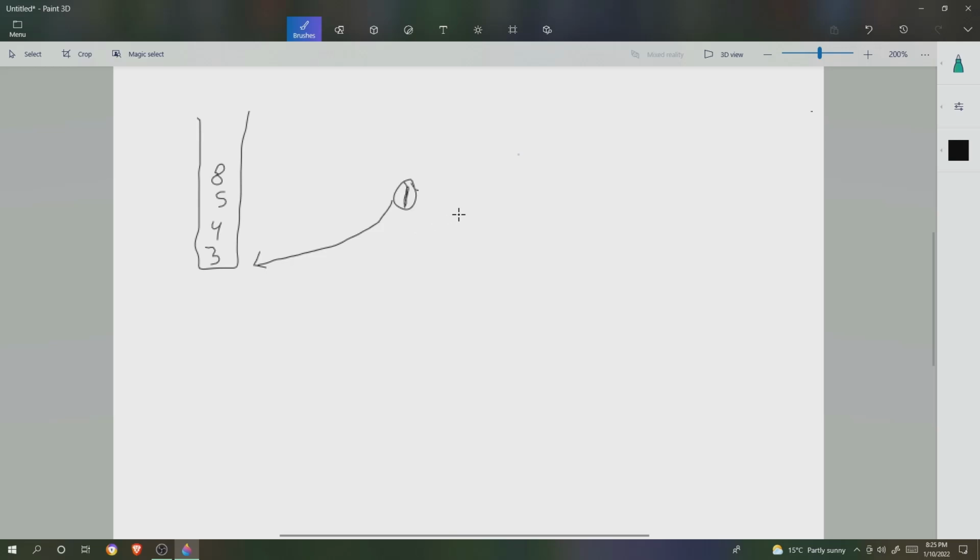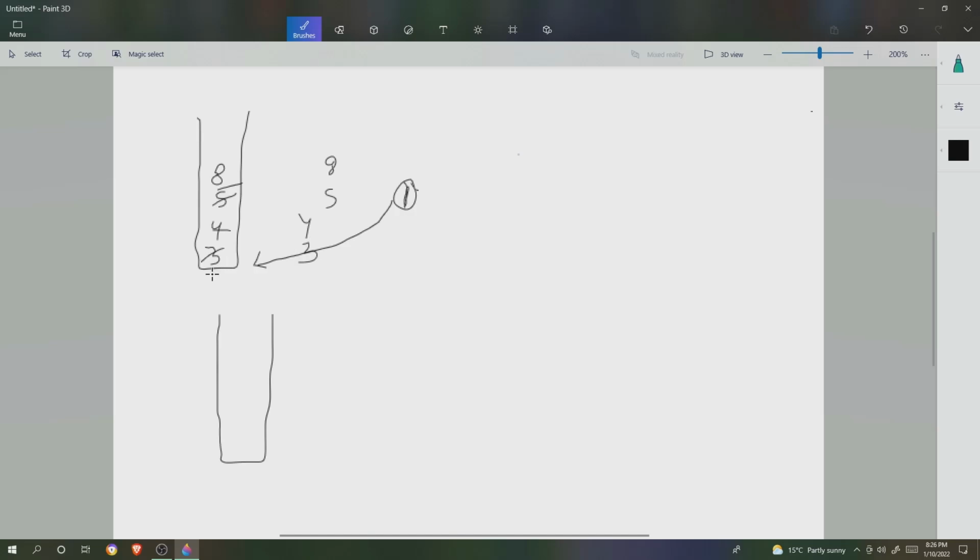So how could this be possible without violating the laws of a stack? Let's see how we can do this question. First of all, what is our approach? Our approach will be that we will not violate the rules of the stack. At the very beginning we will remove all the elements from the stack. Means 8 is removed, then 5 is removed, then 4 is removed, and now 3 is also removed.